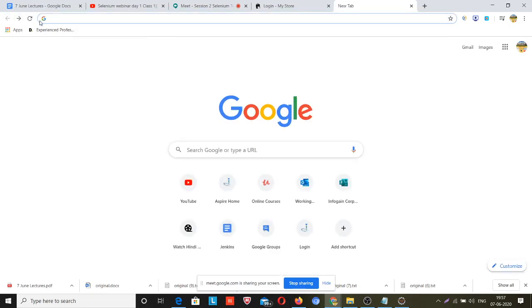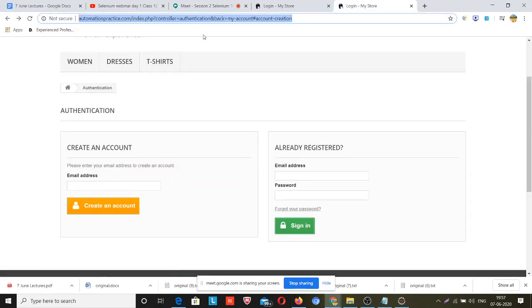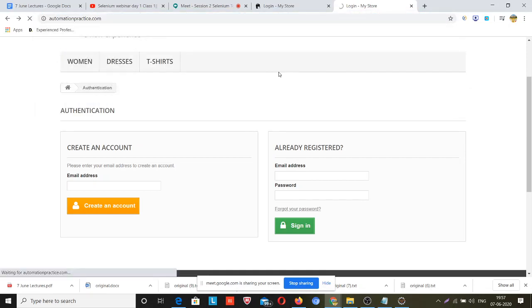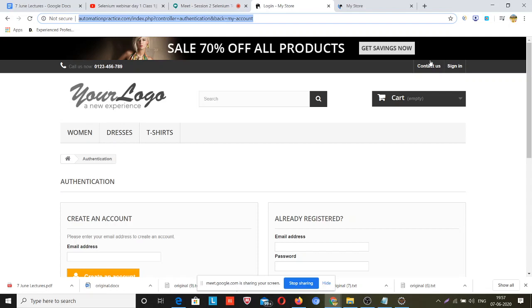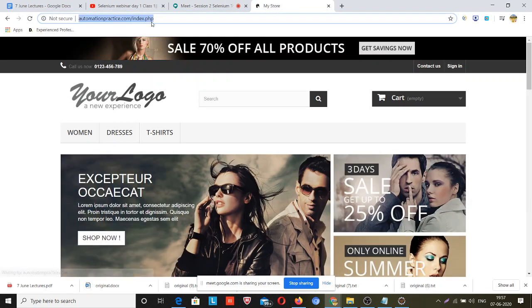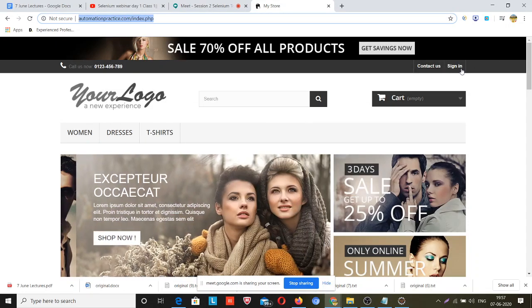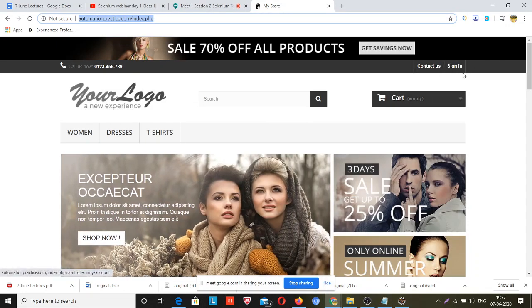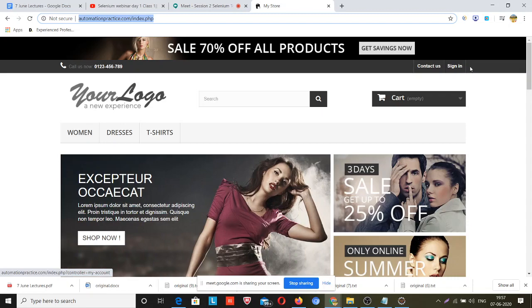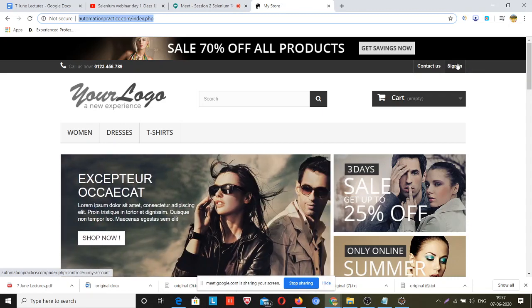I will move to this URL, index.php, this is the base URL. I will write my step to move to this URL, and after that I have clicked on this sign in button. Okay guys, so I have clicked on this sign in button.